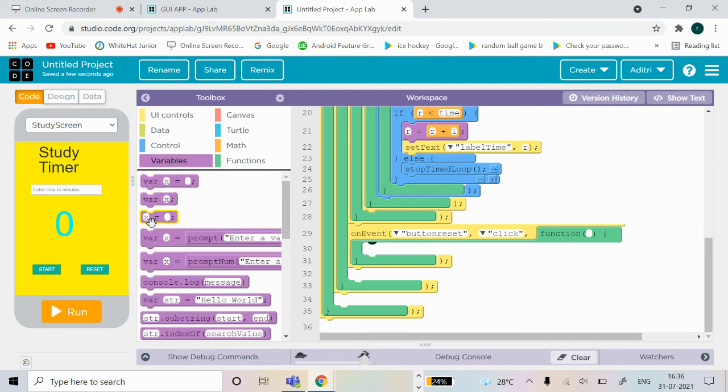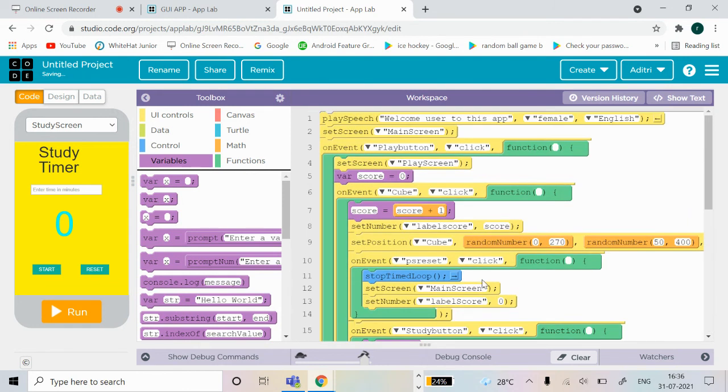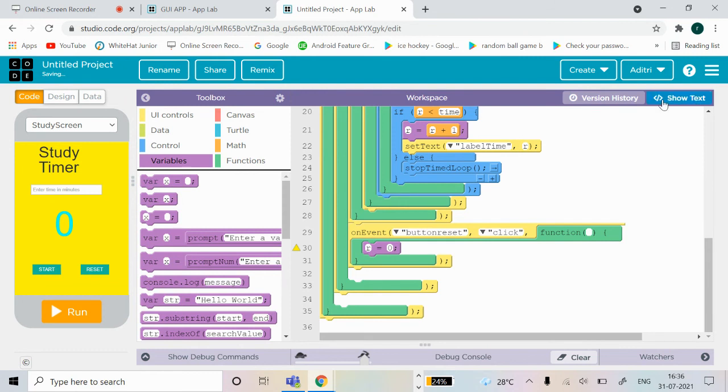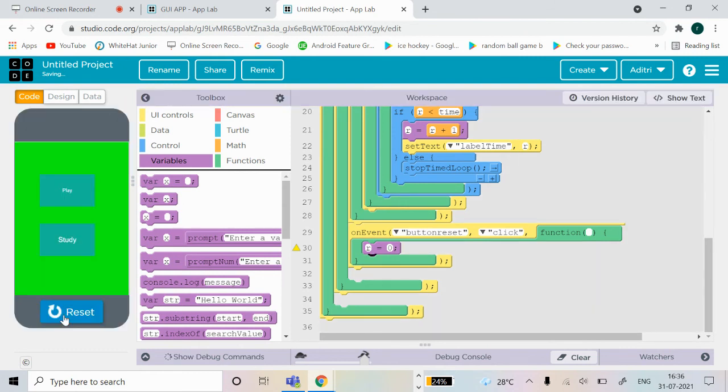R is equal to 0. R variable is equal to 0. Okay, now we have done defining the code. Now let's